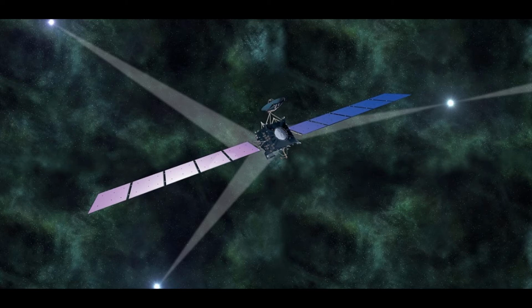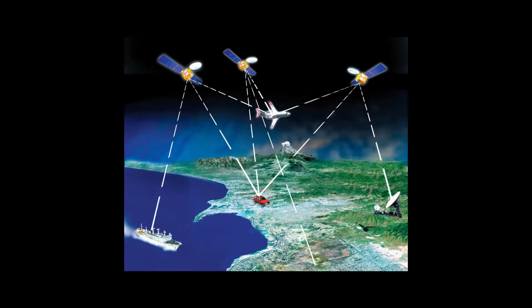And the way pulsar navigation works is that you have, of course, a data bank or some sort of file on your spacecraft where you have information about different pulsars and an instrument to actually observe them. And then you can use them as timers, and the actual navigation technique works basically like GPS or other navigational satellites. You have several sources that give you a